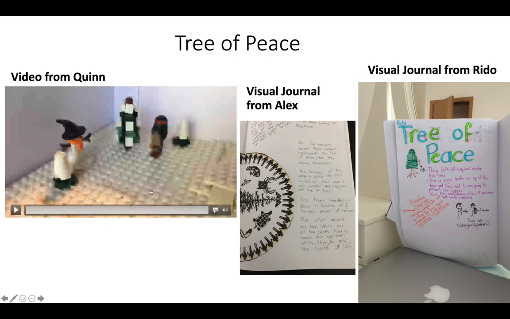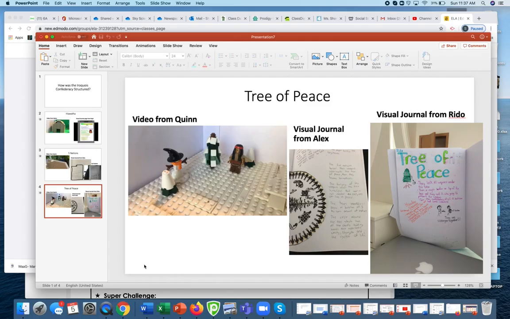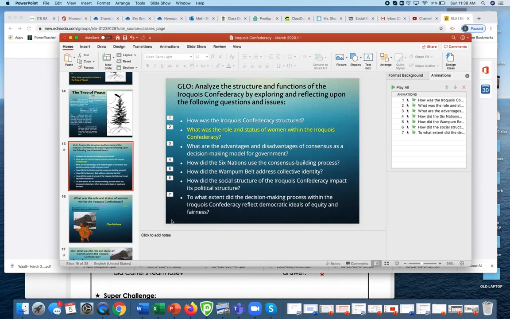Good. Excellent. That was cool, Quinn, how you brought in the different characters to show the Star Wars. And then I think you had the Friends characters coming in to show how they're all burying their weapons, and exactly how they're saying that now we're going to join this confederacy so that we can all live in peace together. So well done. I'm excited to continue to add to this as we progress. So super work. Well done.